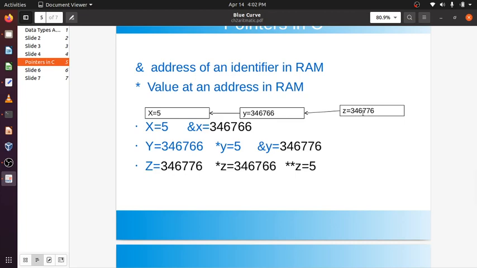Again a star means the value that is contained in the address location of y, which is the address of x. Then again a star will give me the value that is there in the address location of x, the address location that is pointed to by y.